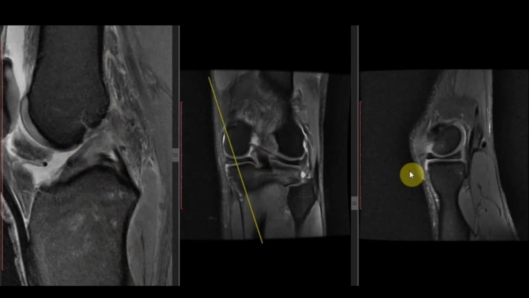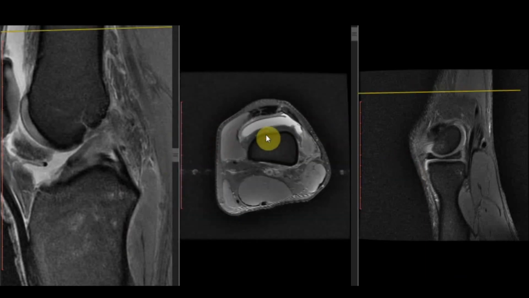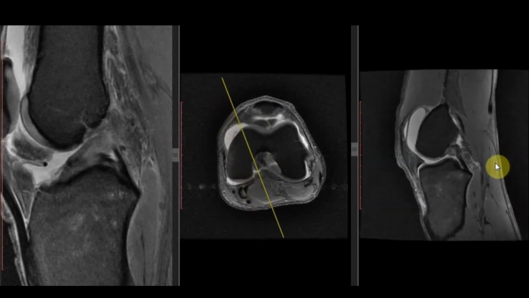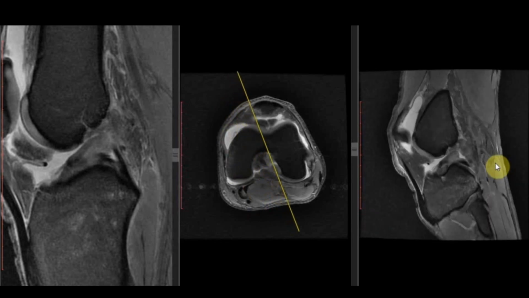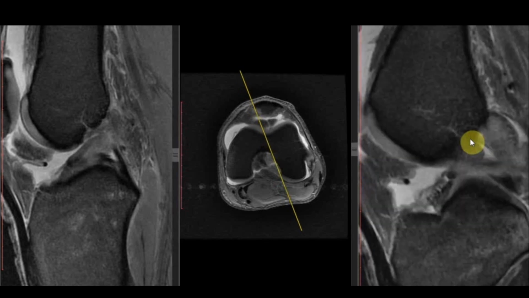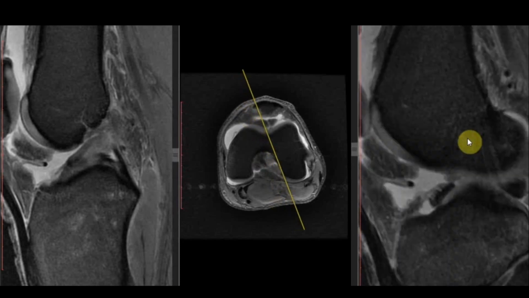We have a sagittal oblique sequence in this case. So let's see how the sagittal oblique sequence is acquired. When we talk about the orthogonal sagittal plane, it is acquired in this fashion. But the sagittal oblique plane is acquired parallel to the wall of the lateral femoral condyle. So this is the sagittal oblique sequence, and the torn anterior cruciate ligament is better delineated on this sequence. So we can take this sequence if we have time and there is suspicion of ACL trauma.